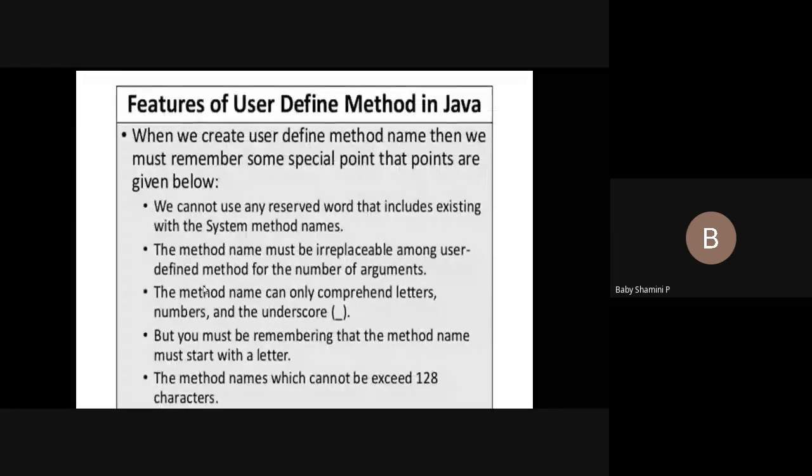Okay. So if you want to declare a user-defined function, we have some procedures. Same as variable declaration, we cannot use any reserved word, that is keywords. If, while, integer, these are all reserved words or keywords. A keyword cannot be used as a function name. And next, use only the symbol underscore and letters. We can use numbers in between or at the end. These are the rules to declare a function.